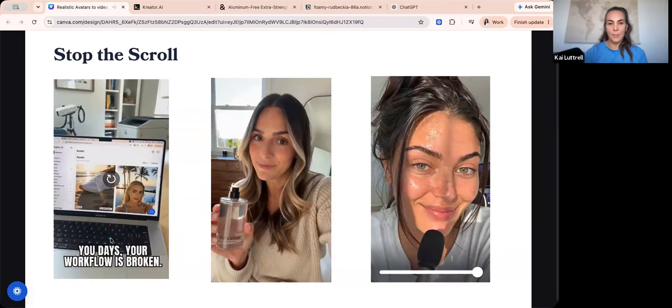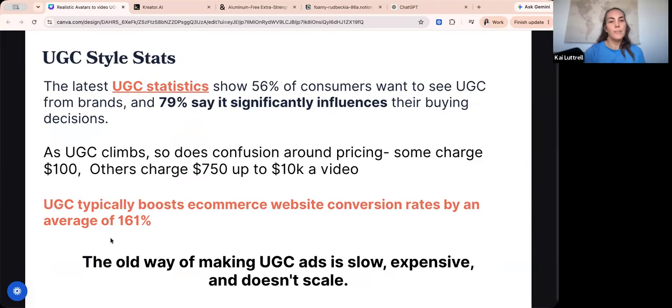All right. So some good examples there. And why is UGC style so cool, so awesome? It's because it works, you guys. Some of the statistics here: 56% of consumers want to see UGC style from brands, and 79% say that it significantly influences their buying decisions. I don't know about you, but it does catch me on my Facebook a lot, and I'm like, oh yeah, I could see myself using this product, or oh wow, I like how that lipstick looks on her, or whatever